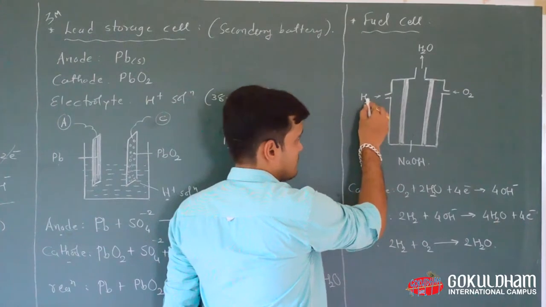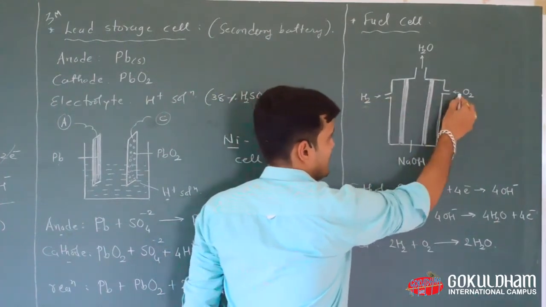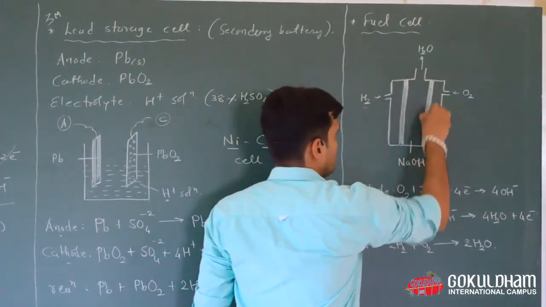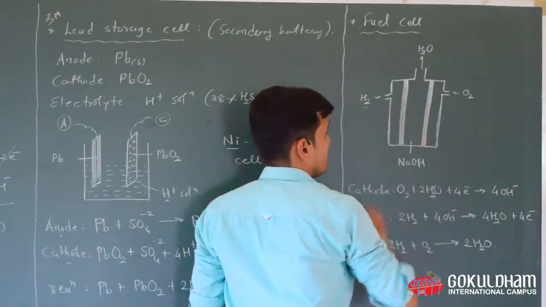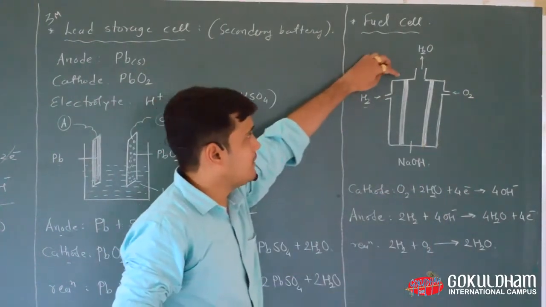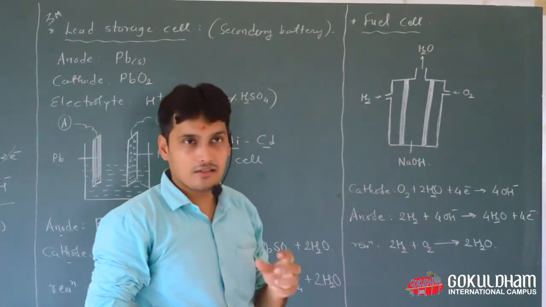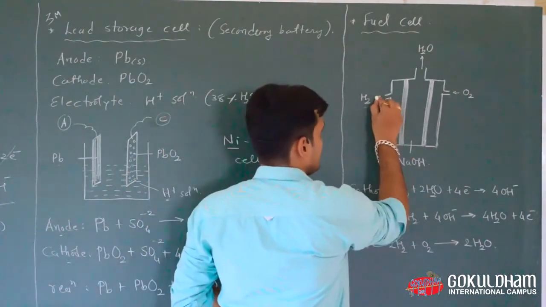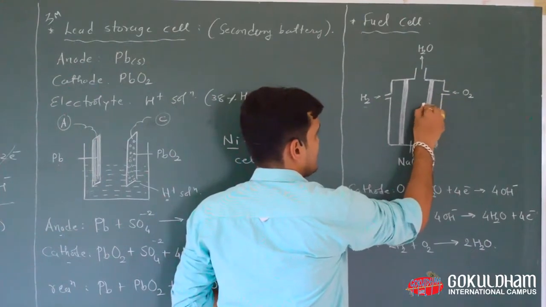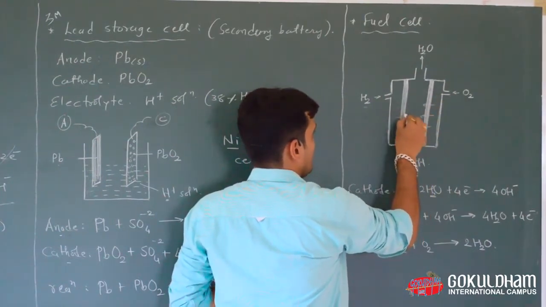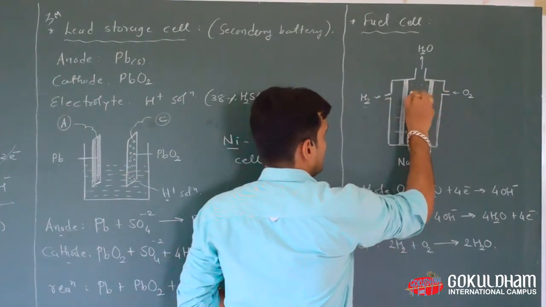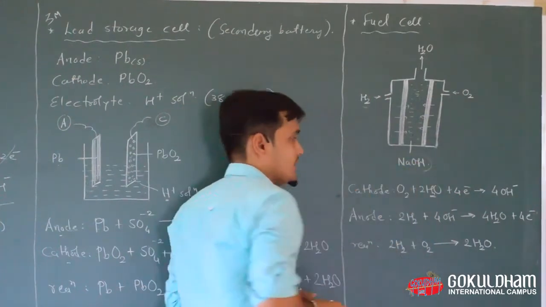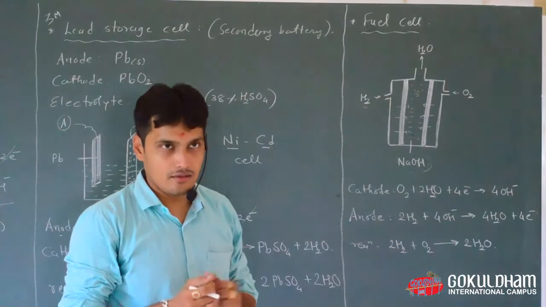On the left-hand side you are passing hydrogen gas, on the right-hand side you are passing oxygen gas, and these two membranes or partitions use platinum and palladium metal crust material as a catalytic reagent. When hydrogen and oxygen pass through the semi-permeable membrane and mix in the aqueous solution of NaOH, this NaOH provides the medium for both gases to mix.